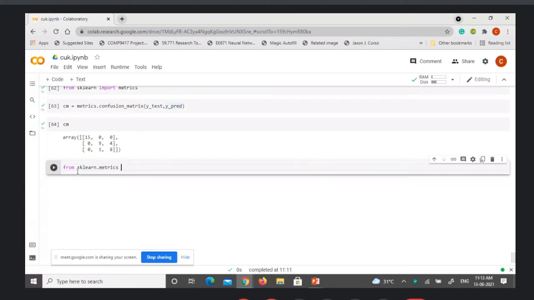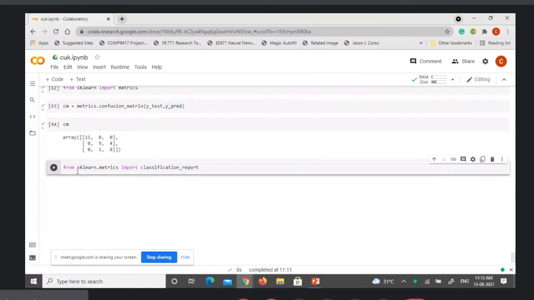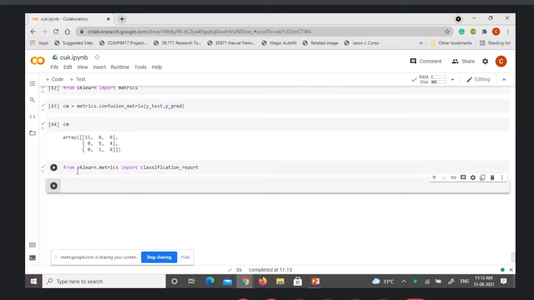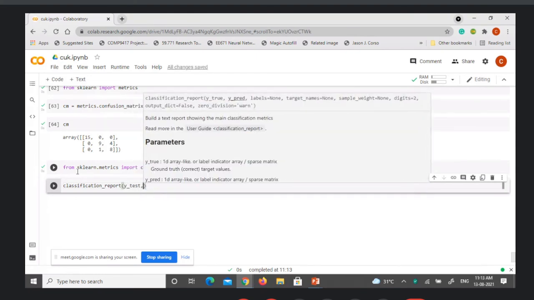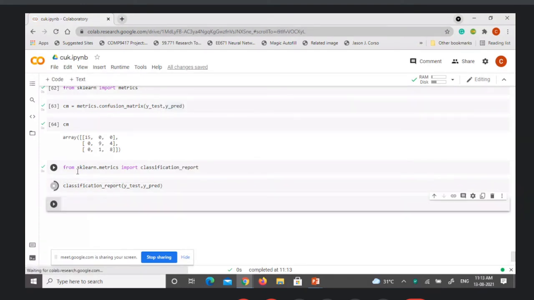Also, we can import classification_report. That gives you the classification report on the corresponding y_test, the actual labels, and the predicted labels.